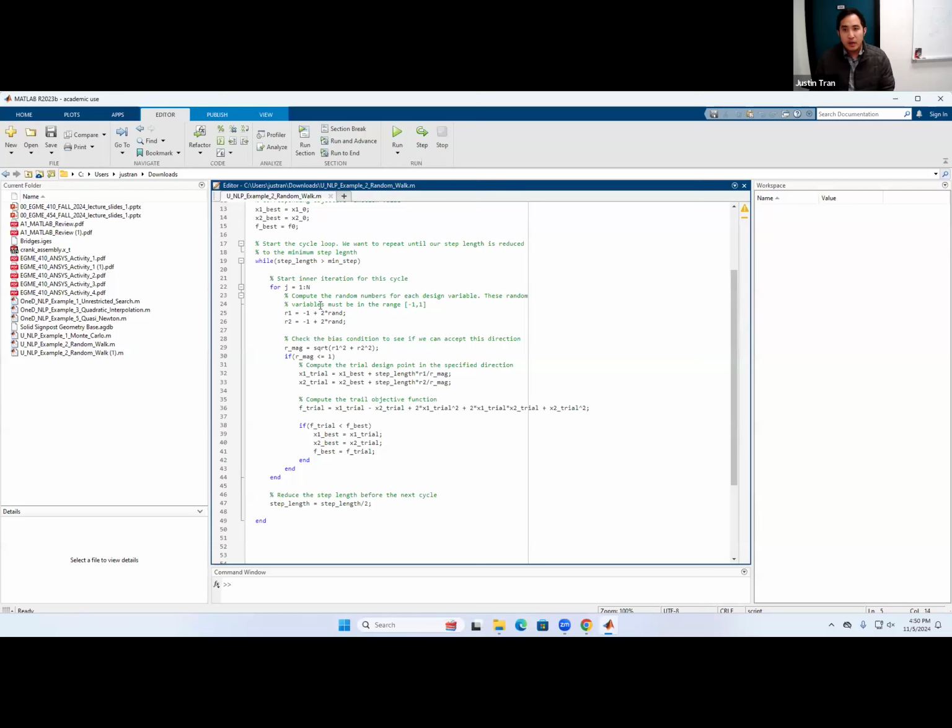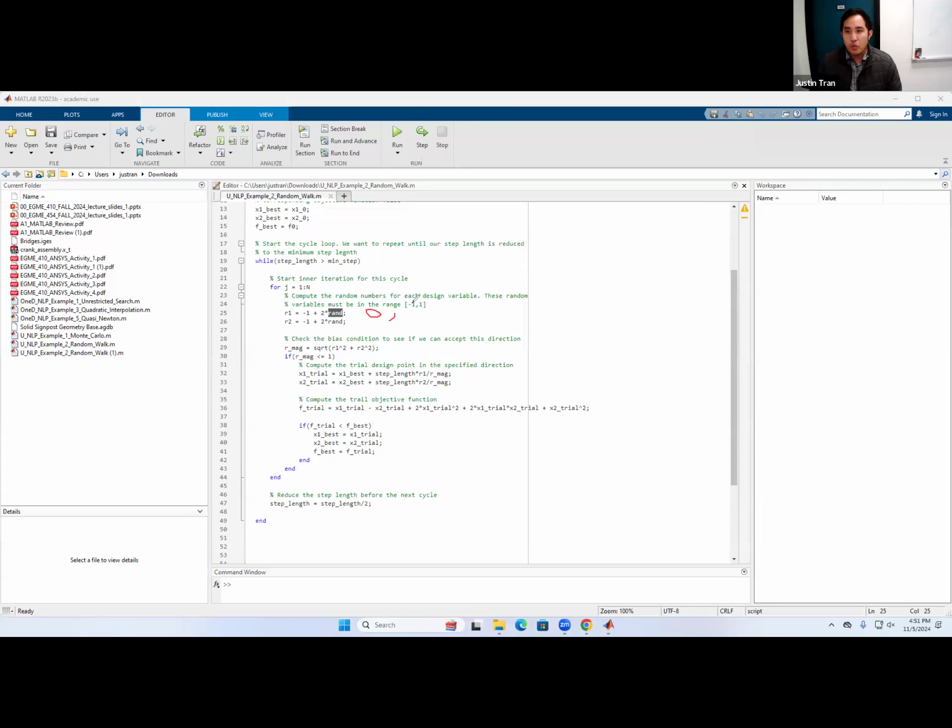Okay. All right. So next we have to compute our random direction. You can see here that we're using the random number generator within MATLAB itself. Okay. And just to refresh your memory, whenever you type rand in MATLAB, rand is really interesting because normally in MATLAB, if it's a special keyword, it highlights blue. But rand actually doesn't highlight blue, but it's still a special kind of keyword. Okay. And what rand does is generate a random number between 0 and 1.